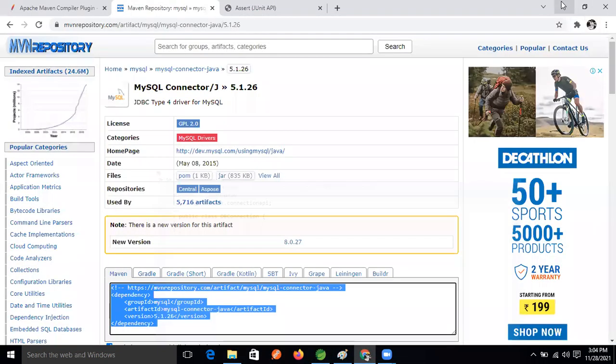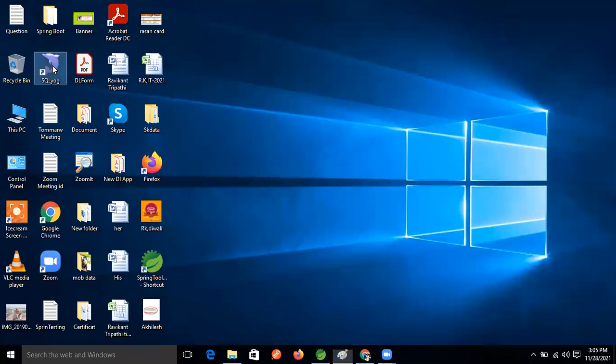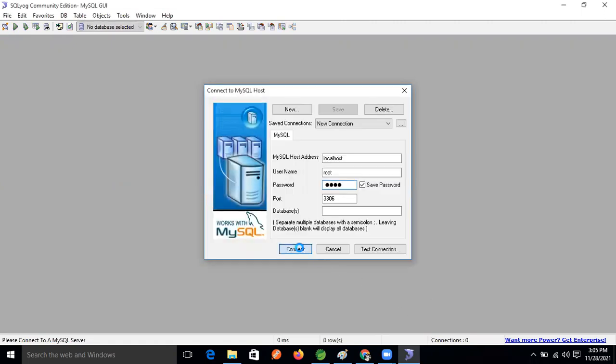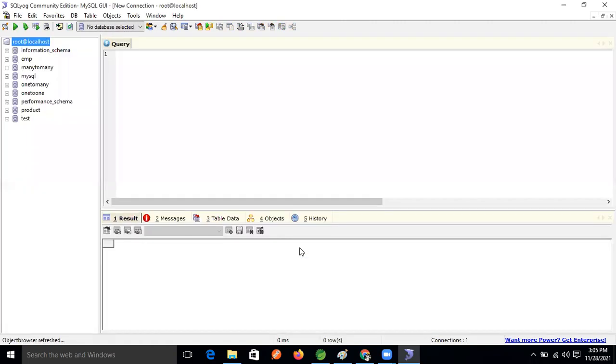Come here, one minute. Open MySQL. I just want to declare one database also, right? Here we need to declare one database. A test database is already there, so one database exists already. We will just check the connection only.